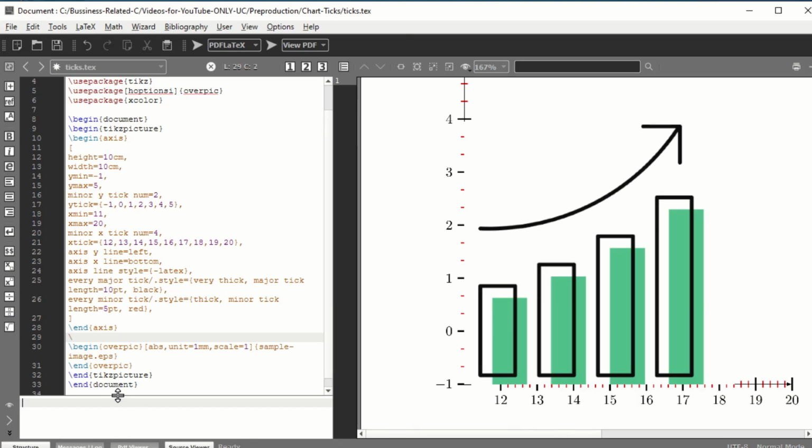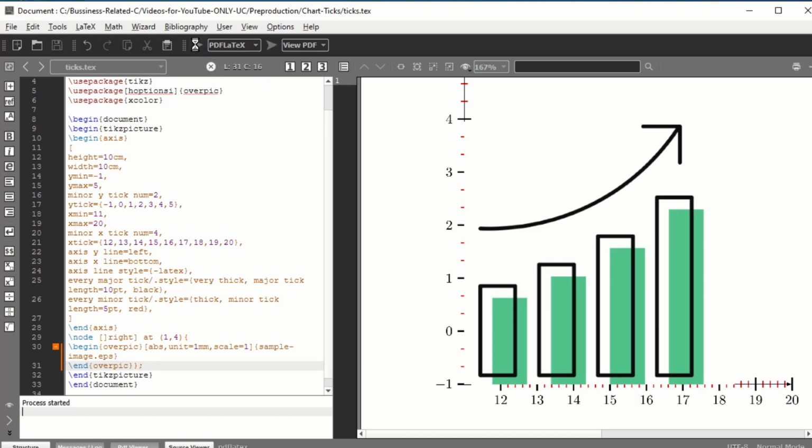To do that we will use the node command, \node, and then square bracket, right of the node, and square bracket close, at, then we use this parenthesis for the location, and I am using 1 4. You can hit and trial which location is best suited for your graph, and then I have to put all this code from begin tikzpicture to end tikzpicture inside the curly brackets. So I will put a curly bracket here and a curly bracket here, and to end this node command I have to put a semicolon.